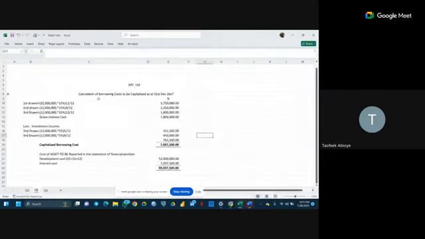So for the first 25 million that they withdrew, multiply by the 15%, and